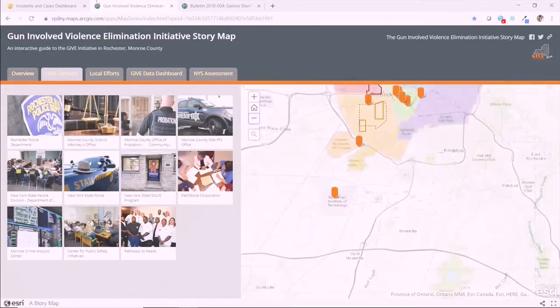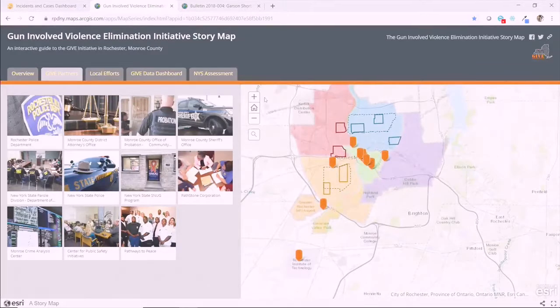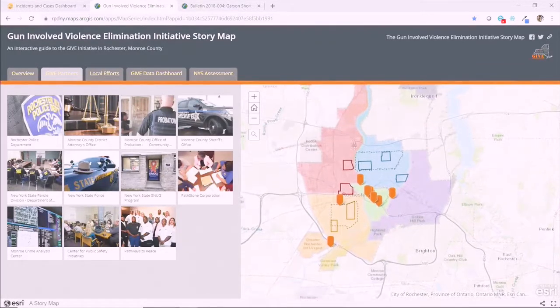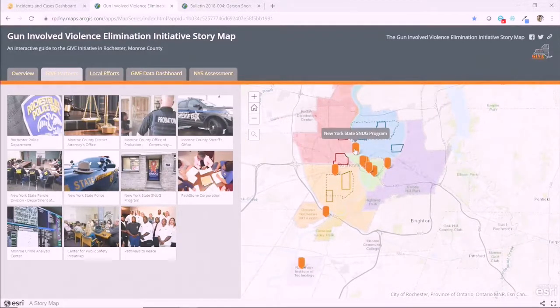That's okay. But you can zoom in a little bit and see where all of the partners are located. And that's kind of cool to say, oh, all right, here's where the SNUG team is, here's the Crime Analysis Center, our social service providers, and then